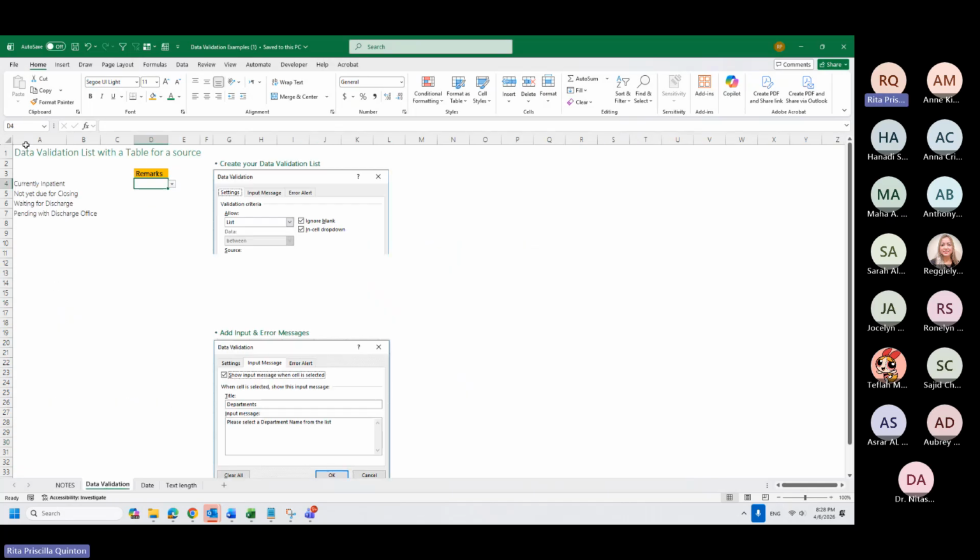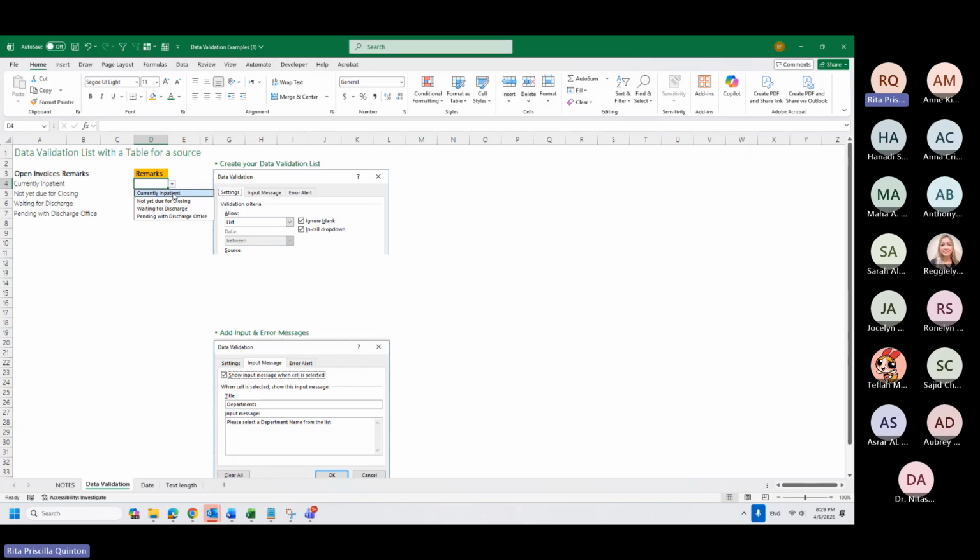For the data validation using list, what it's doing is I can select only from the predetermined list. So for example, I want to know all my open invoices remarks so that I can categorize them.